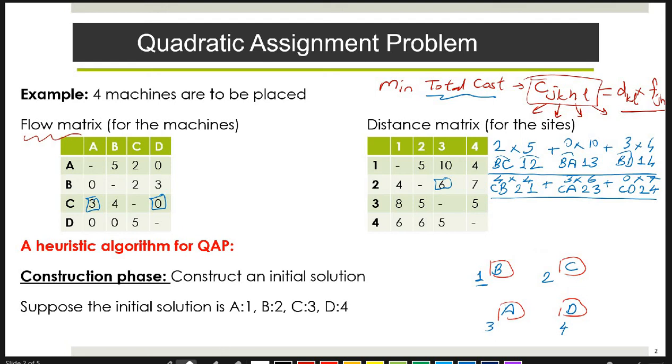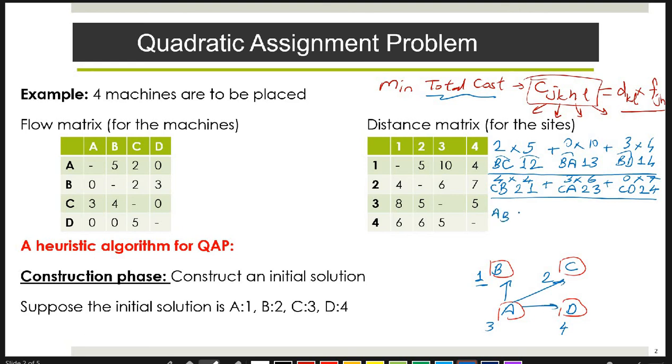Now this is just the solution, and I am trying to calculate the objective function value of this solution, but for that I need to do a lot of calculation. But actually, if you use an Excel sheet, you can do these calculations quite easily. Next thing, I am going to calculate the costs associated with A